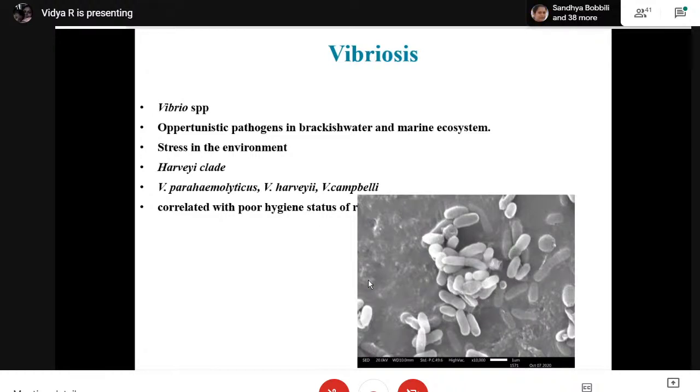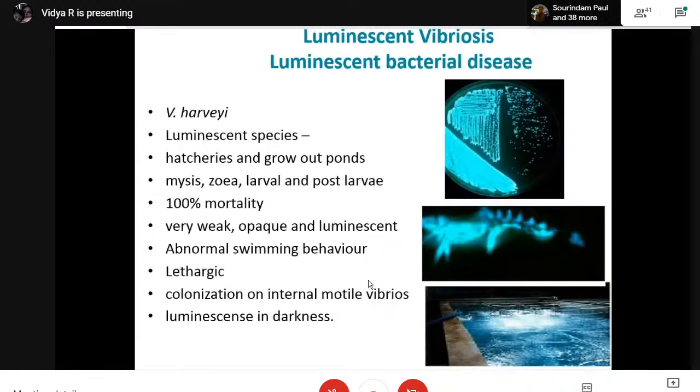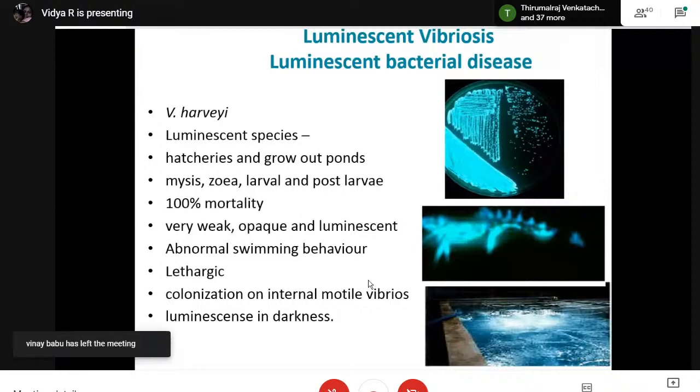Vibriosis caused by these species is mainly due to the poor hygiene status of the animal or the environment where they are living. The first one is luminescent vibriosis, or luminescent bacterial disease, where the tank in which the host larvae are kept appears luminescent, with a bluish green appearance of the water, and the larvae appear to be fluorescent. This bacteria can glow; this is a petri plate having the luminescent